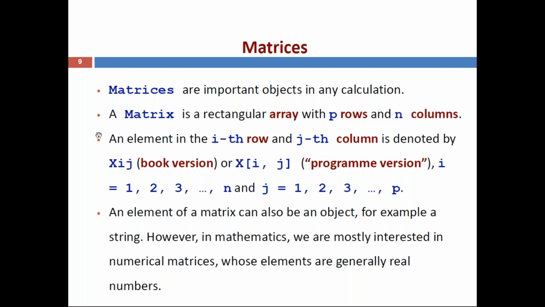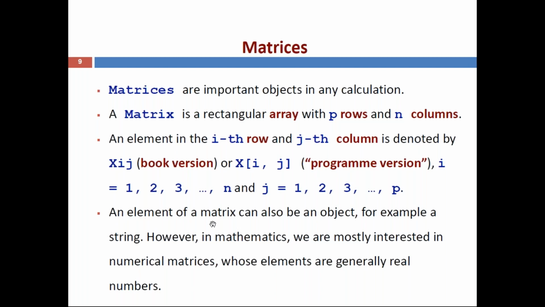So this is actually in the book version. In the books, this can be written like this. Or another way of denoting the matrix with elements, x with square brackets, within the bracket i comma j, that is row value comma column value. So this is actually program version. In program version, we will use this format, where i equal to 1 to n and j equal to 1 to p. Here we assumed number of rows and number of columns. So like that, you can define the elements in the matrix.